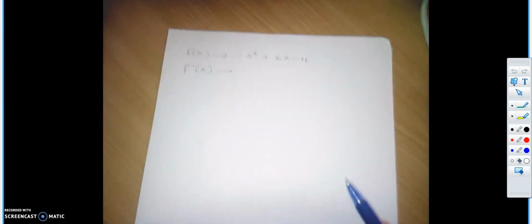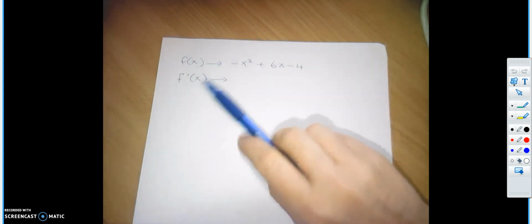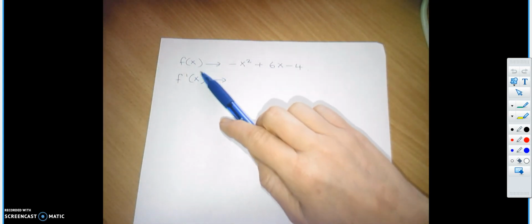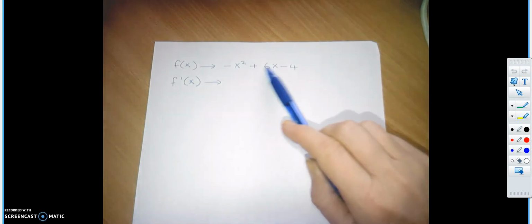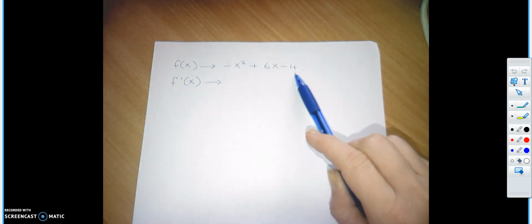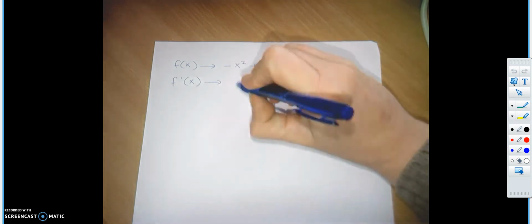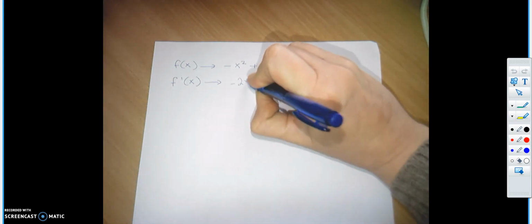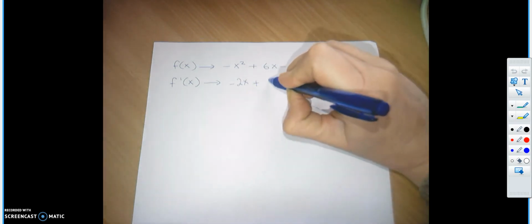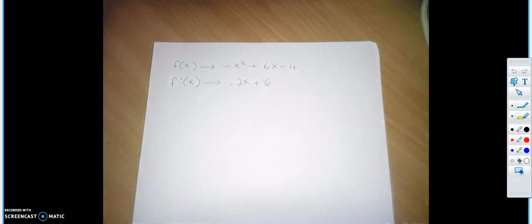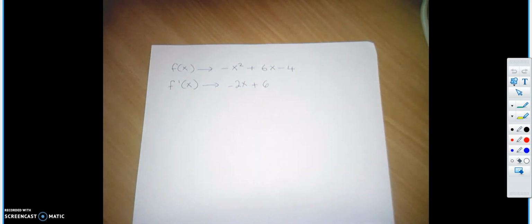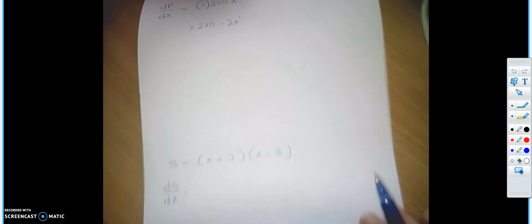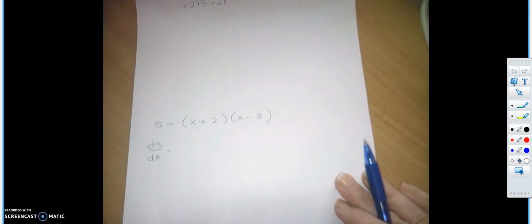Alright, if I have another one, they gave me this function: f of x is minus x squared plus 6x minus 4. If I'm differentiating it, I'm getting minus 2x plus 6, and my 4 is gone. So to differentiate something, it's rather straightforward. If they wanted to be extra sneaky,